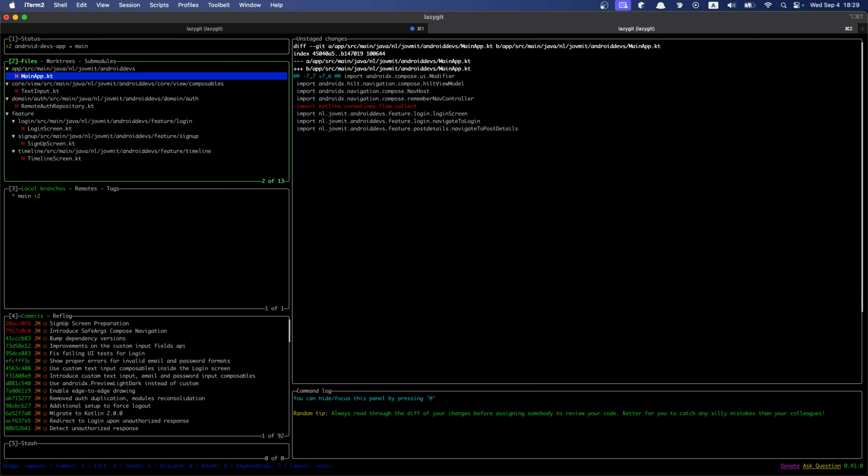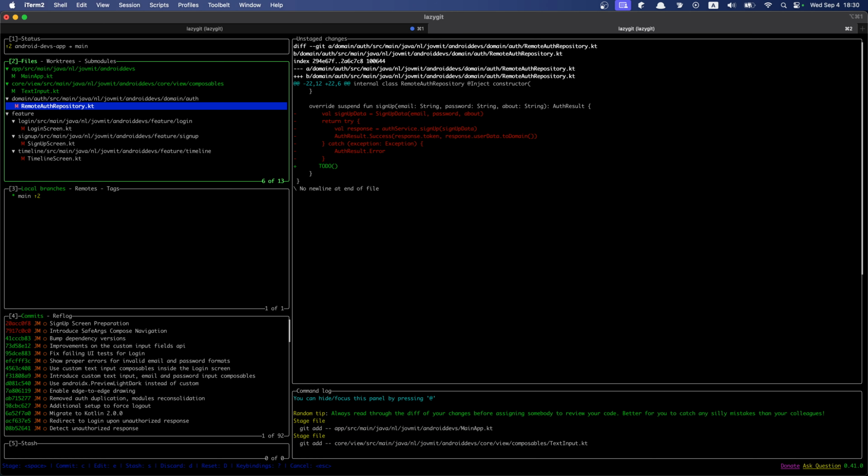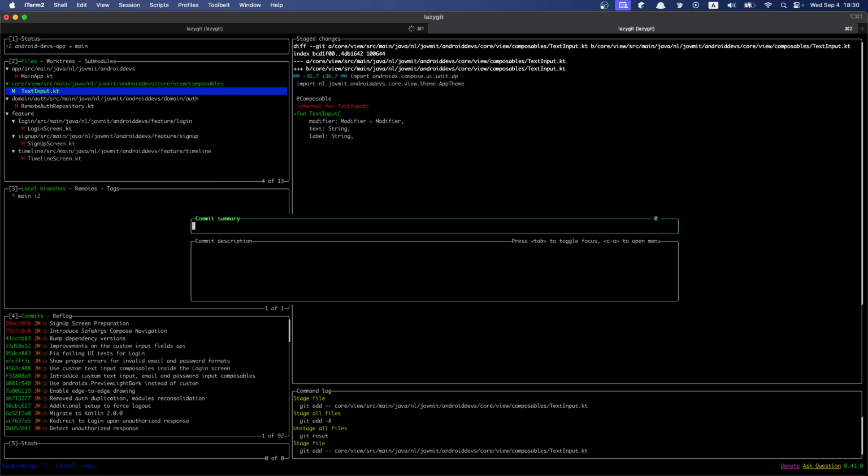Okay, so we have this probably unused import. So nice cleanup. We have opened the text input. In fact, let's maybe commit them in separate commits. Opened the text input